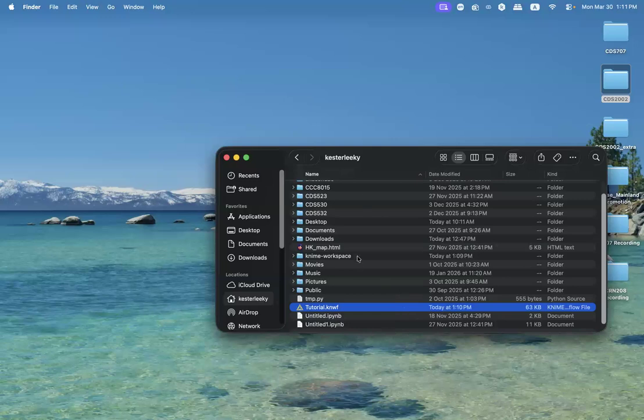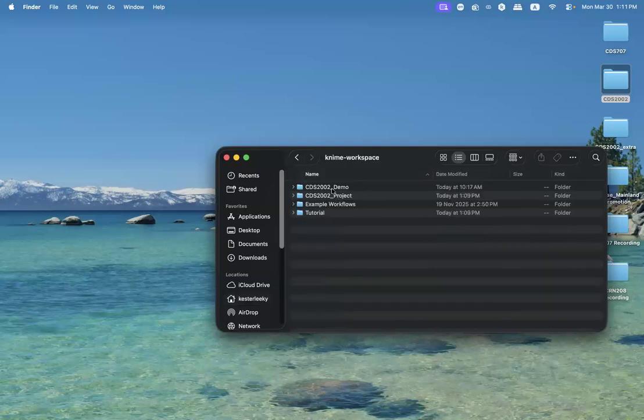KNIME will store all the information inside a folder under your user directory. What some students will do is submit the folder corresponding to the workflow and send it to me in this manner. But this manner I will strongly discourage.